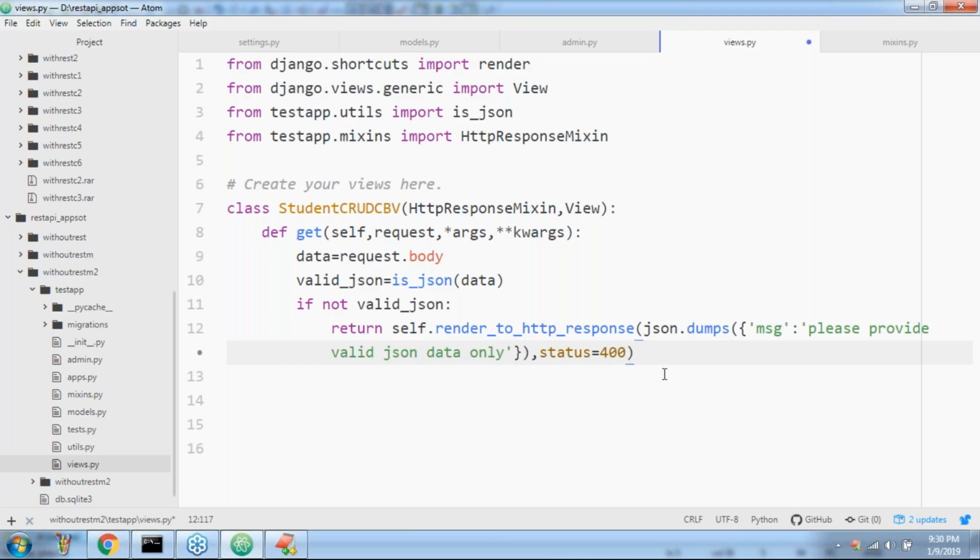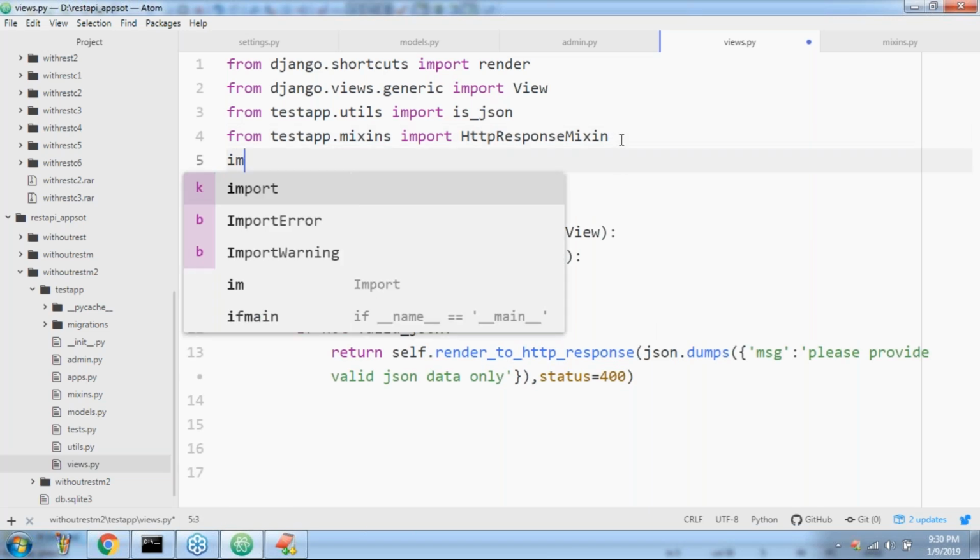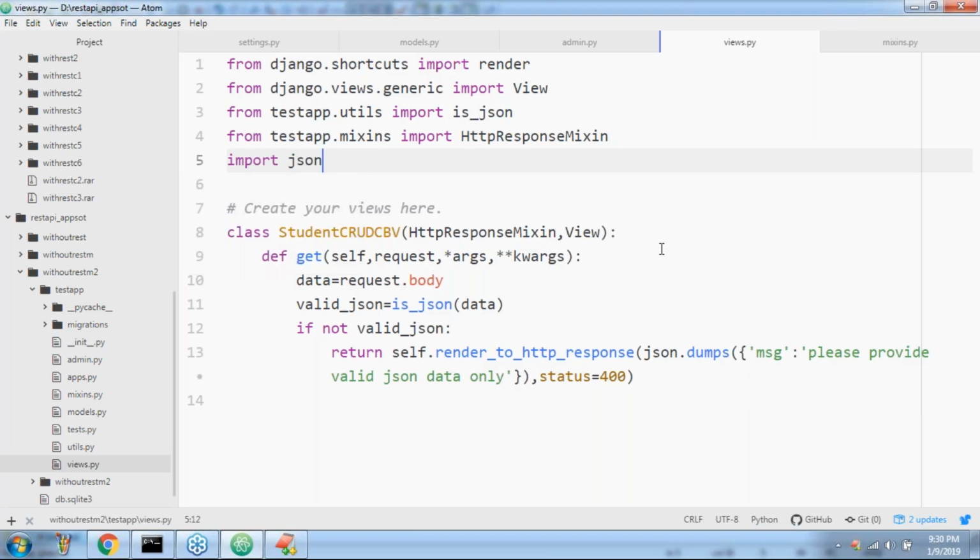Assume the problem is that the end user's partner application is not sending data properly, so it is a client error. We specify the status as 400. To make this work, we compulsorily have to import json. Any doubt up to this, friends? Clear for all? If it is not valid JSON, return like this.